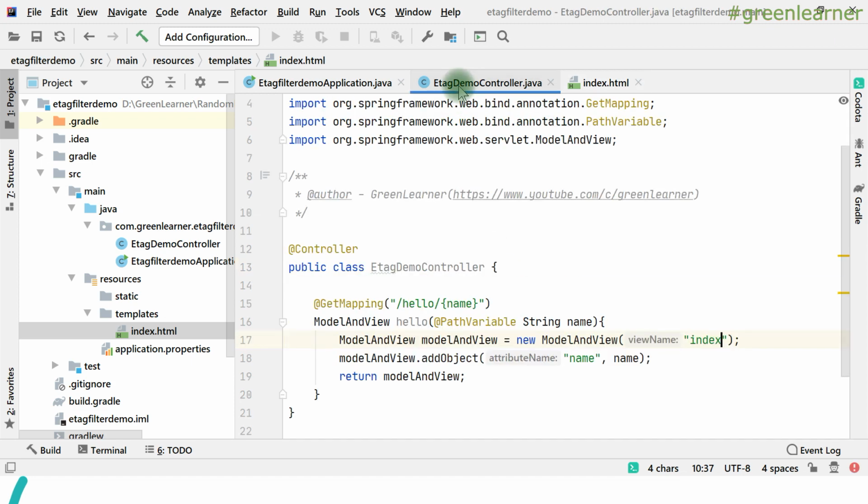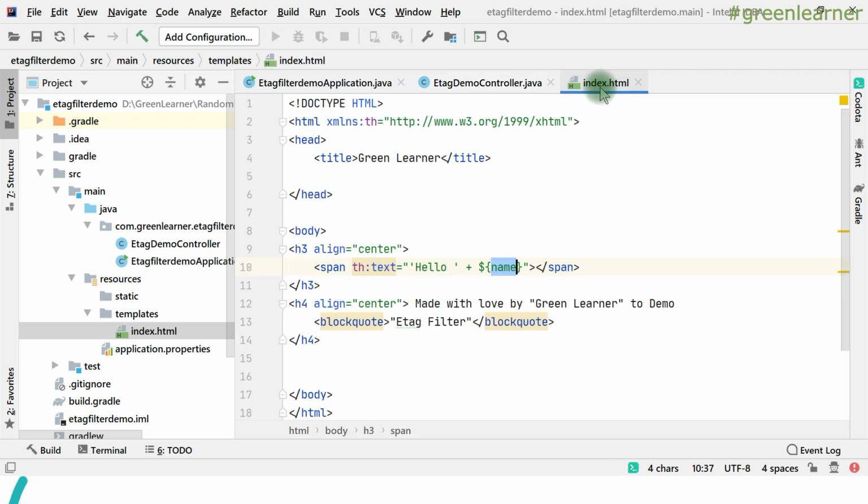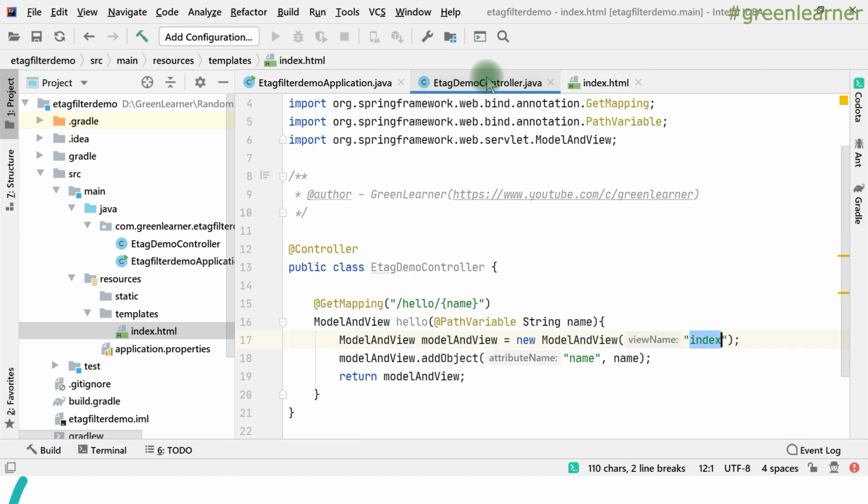The name that I have added here is going to be passed to this index.html internally when we have added the Thymeleaf engine. Spring is going to resolve that internally and pass the name here. When we get the index.html, we will get the exact name here, right? And with some static content that is here. So this is what I want out of this endpoint.